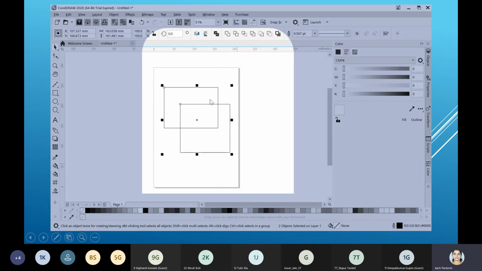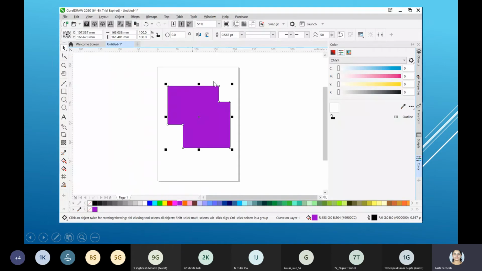And this, we have seen already, it's called welding. So when you want to weld two objects, what you can do is draw one object, draw another object, and using the pick tool select both objects. You will be able to see all these options, and from the first option, called welding, click on it and you will see that it's going to weld and form one object out of it.